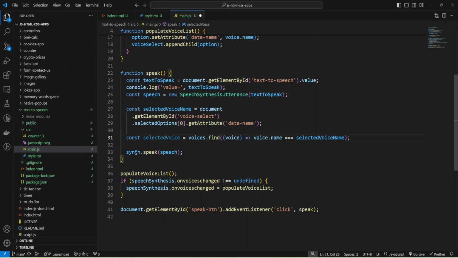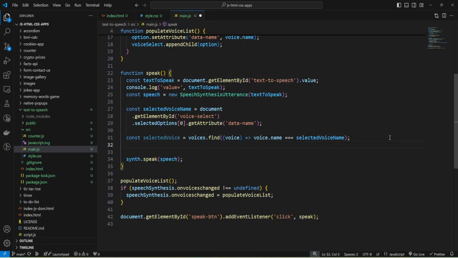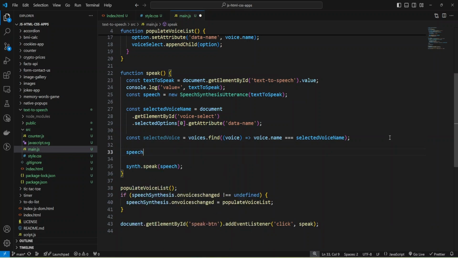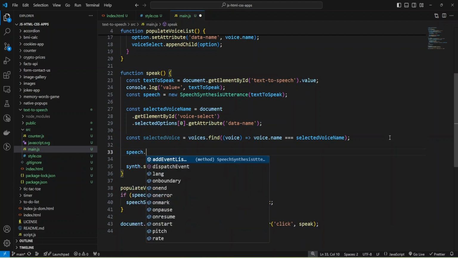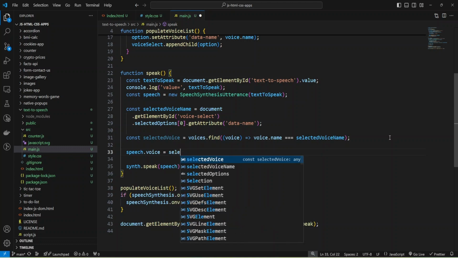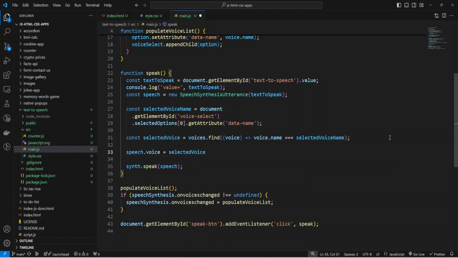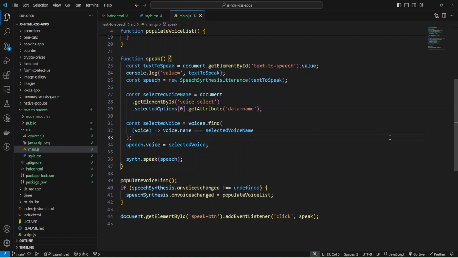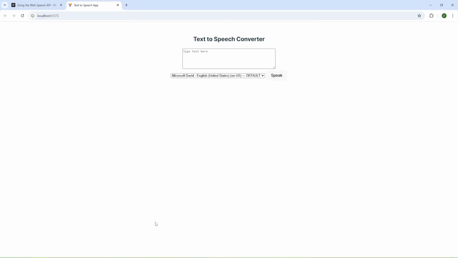And now I can modify my speech and provide speech.voice, and will assign to it my selectedVoice. Okay, and let's try again.